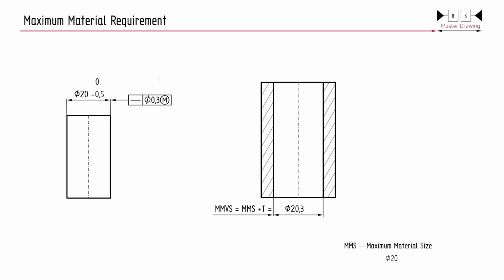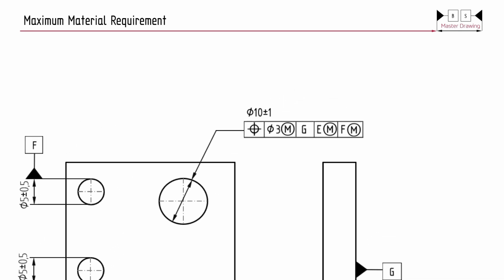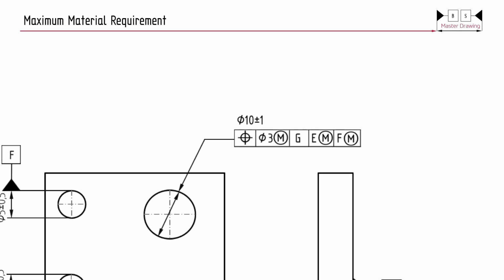The maximum material requirement can also be specified after the modifier in square brackets. The value in brackets defines the maximum material virtual size. In addition, the M modifier can be applied to datum features, allowing the features to shift